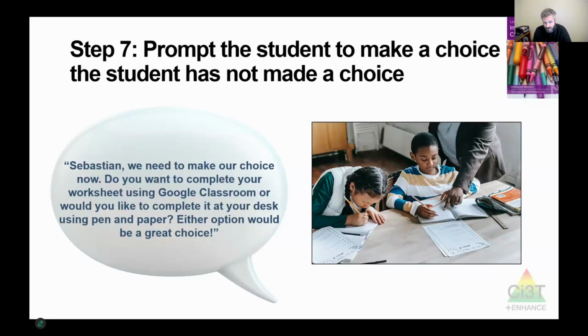And this is a good opportunity to point out that you don't want to offer really complex choices that are very indecisive, because that will make it all the harder for them to get to that choice. So hopefully you know your students and you'll give them choices within a certain set of parameters that make it a little bit easier for them to choose something that's going to be good for them.